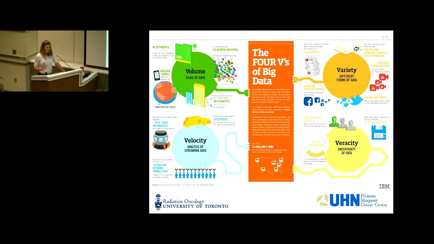So there are 4 V's in big data, and really every day someone seems to come up with a new V, but I'm just going to stick with the 4 basic ones here. So volume, variety, velocity, and veracity. Volume is just the amount of data that's available in modern society. So one statistic that sort of brings that home